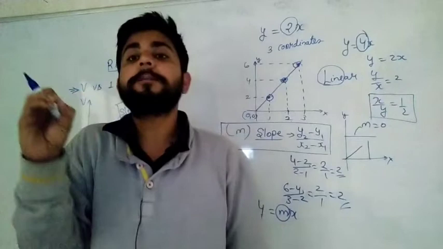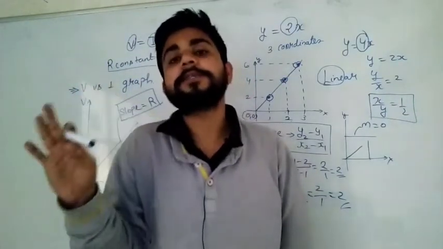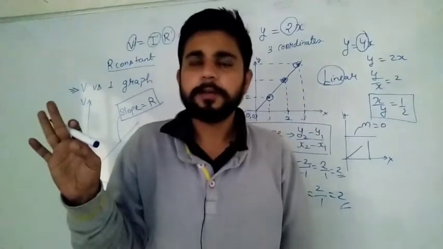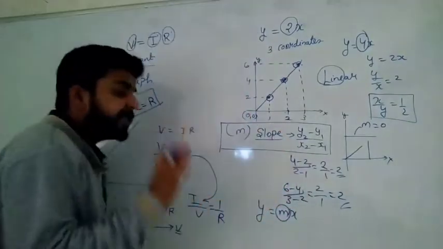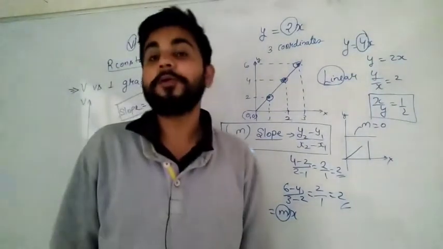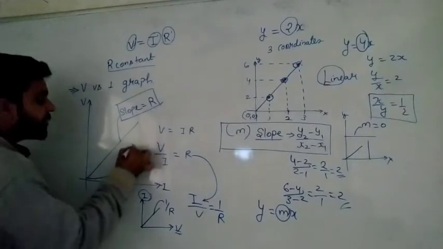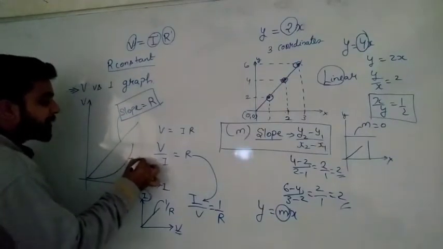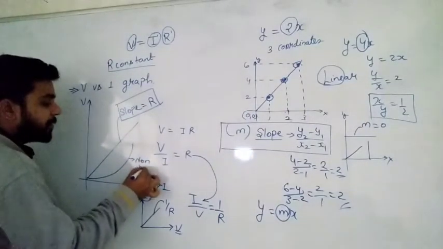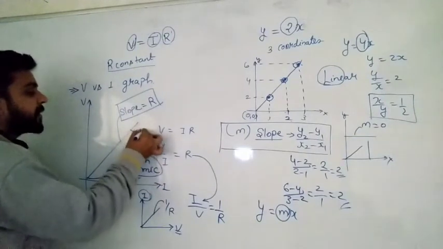I will say, don't apply Ohm's law. Ohm's law is only applicable when the physical conditions are constant. Is that clear? In that case, this graph will not be a linear graph. This graph will become a non-linear graph. Why so? This graph will become non-linear for a non-ohmic circuit. When Ohm's law fails, linearity will be disturbed. And this is for an ohmic circuit.